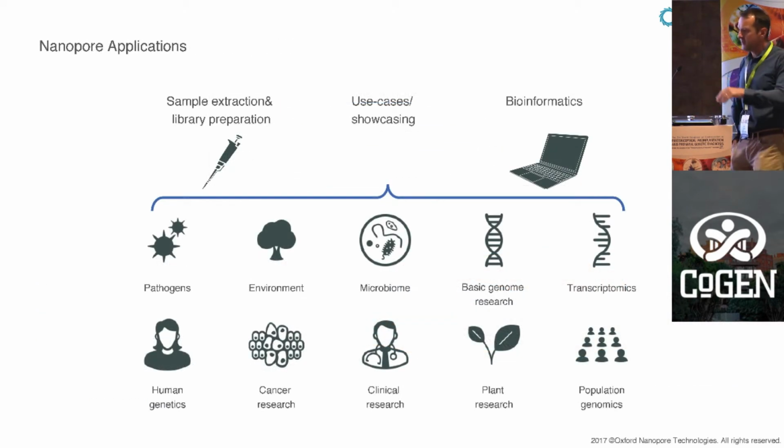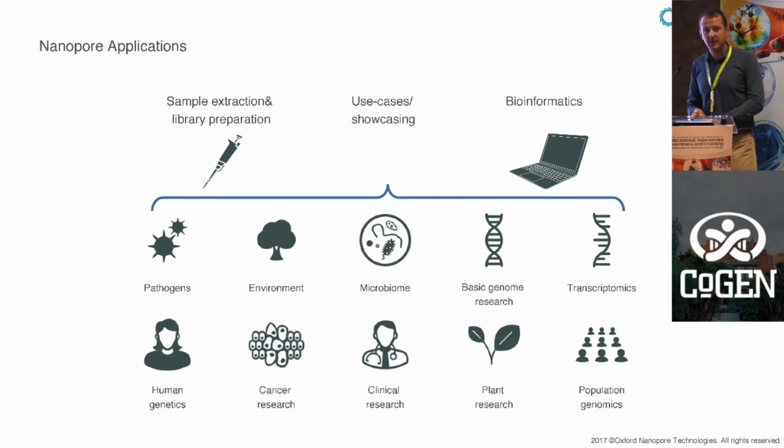Again, I didn't really say very much about what I do, but here's just a slide to illustrate it. I like to think of applications as having 3 pillars. One of these is sample extraction and library preparation. So my team's responsible for working out the best ways of getting DNA or RNA from whatever sample it might be, whether it's leaf, stool, blood, whatever, and then turning that into a format that's compatible with sequencing on the